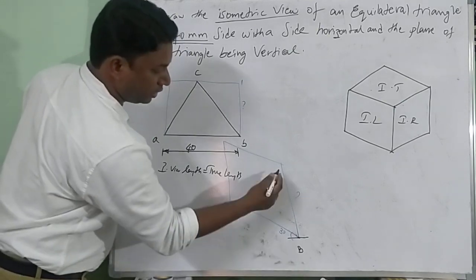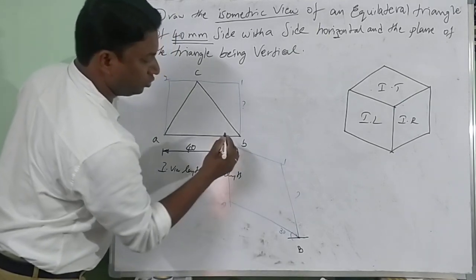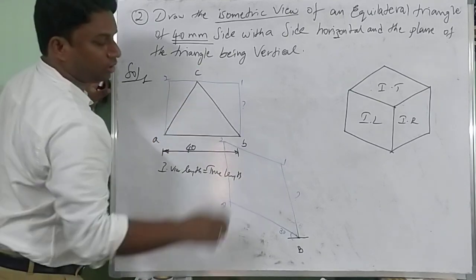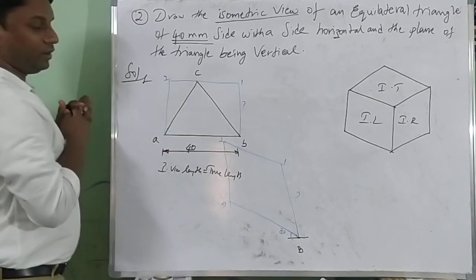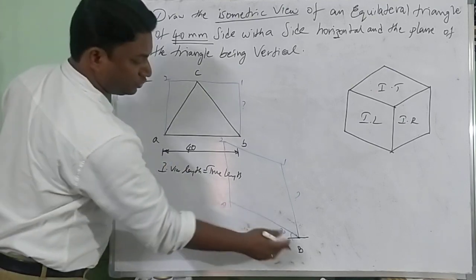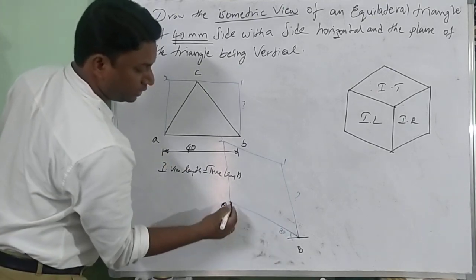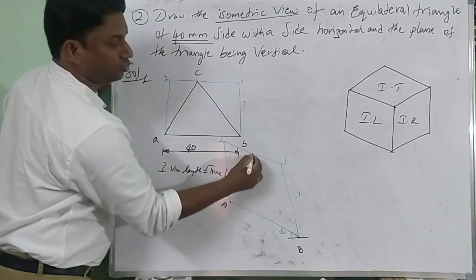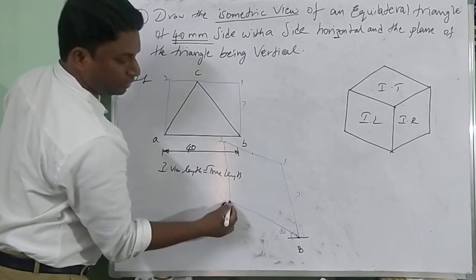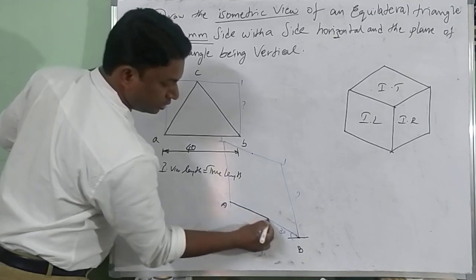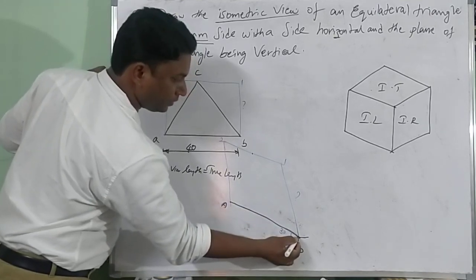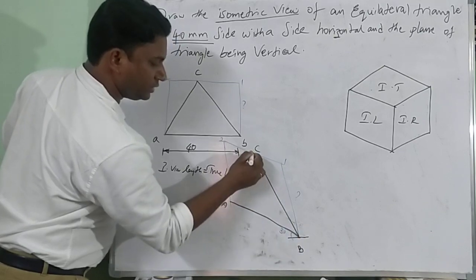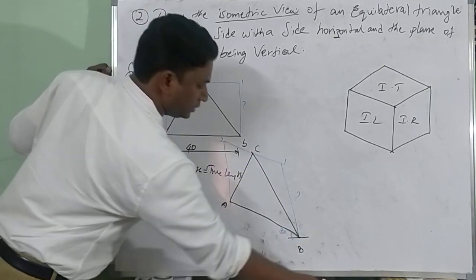A, B, whatever, this is 1, 2, it's a box. Now in this box we are supposed to draw your equilateral triangle. Now B as usual, A point as usual. Now C will be at the midpoint of 1, 2. Just put it at the midpoint. Now draw AB, and here this point is C, BC, CA.